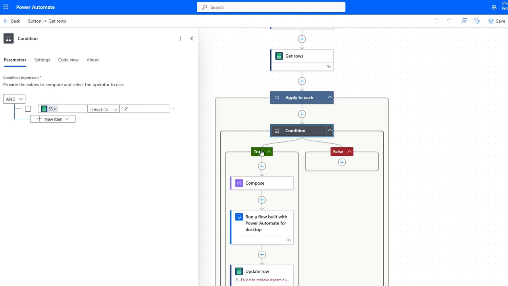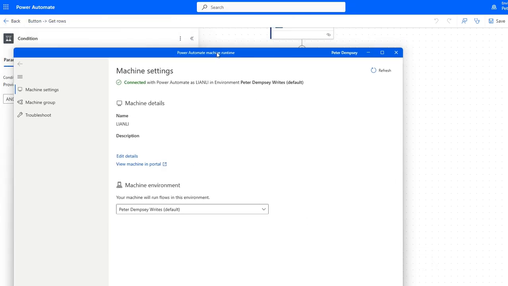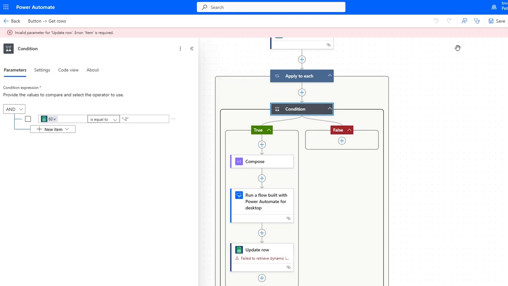So if that's true, we're going to grab that value, and then we're going to call the Power Automate flow on the desktop. So in order to do this, you need to have this Power Automate Machine Runtime running, connecting your desktop machine into the environment. Wasn't too bad to set up. And then once that's run, it's going to take that output and it's going to update it into the row in the sheet. So in theory, if we go ahead and run this,